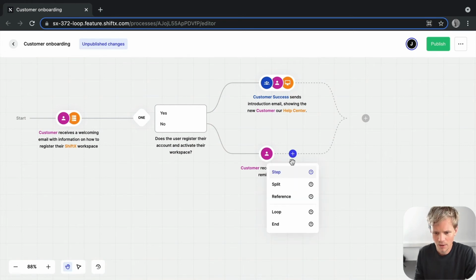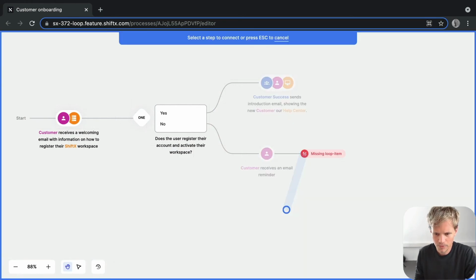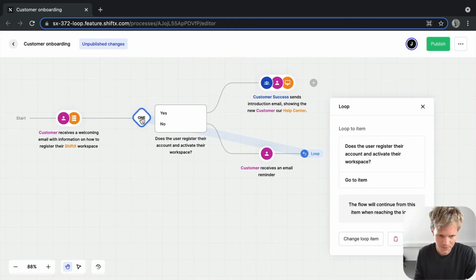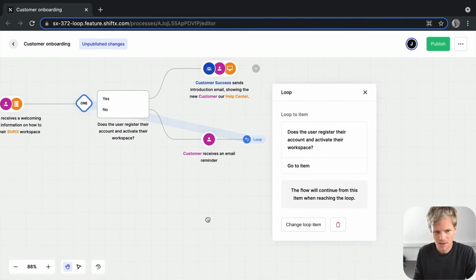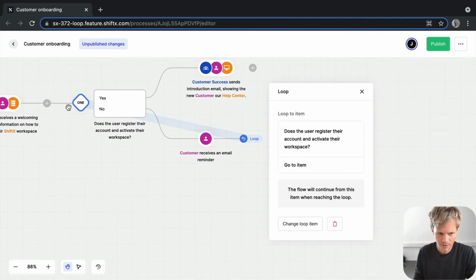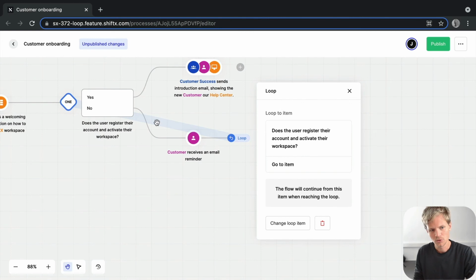So what I can do now is I can click loop, and I can decide where I want the step to go back to. So I'm saying that after receiving this email reminder, I want it to loop back to the split. And then you can see that there is a loop created and it goes back to the split,